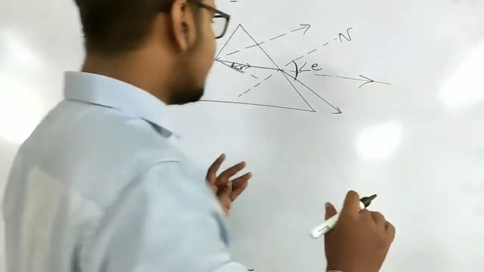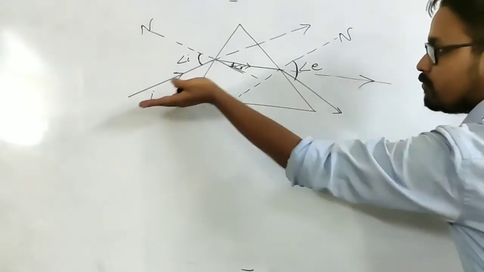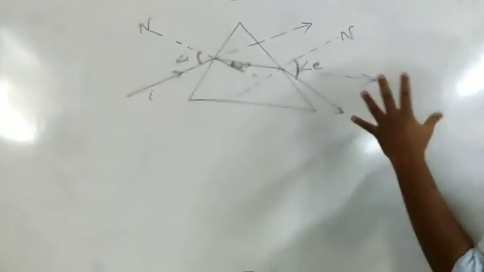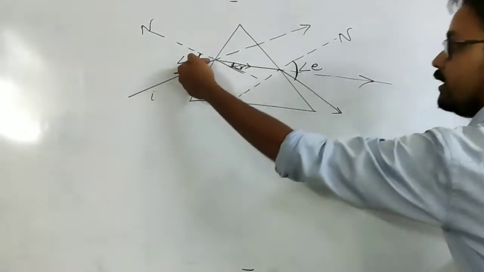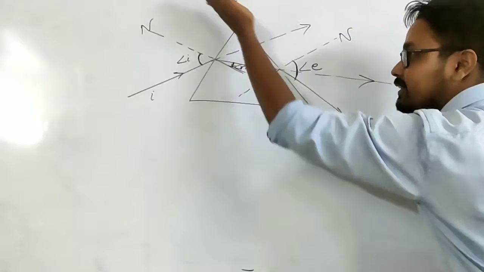Suppose when we see the light coming in this direction, it seems like the light has not come from here. If you are not able to see this part, will you think that the light has come from here, like this? No. It seems like the light has come from somewhere in this direction.